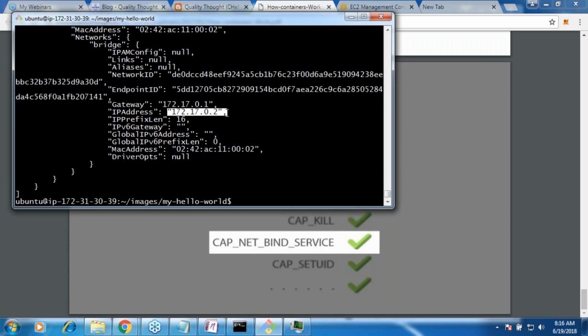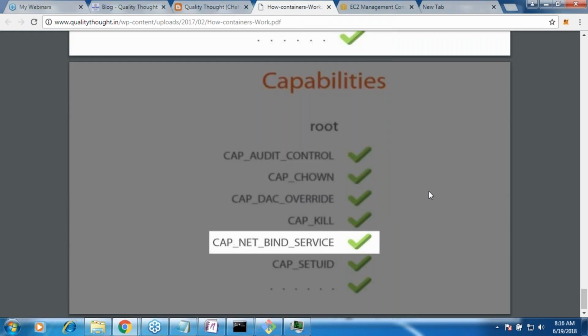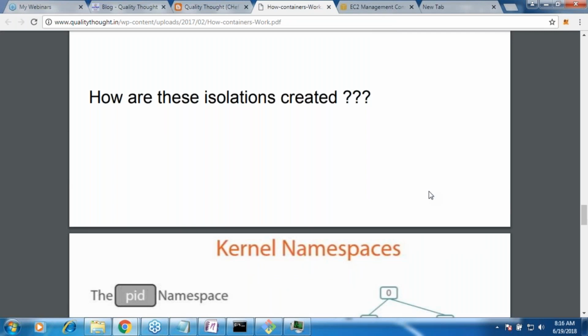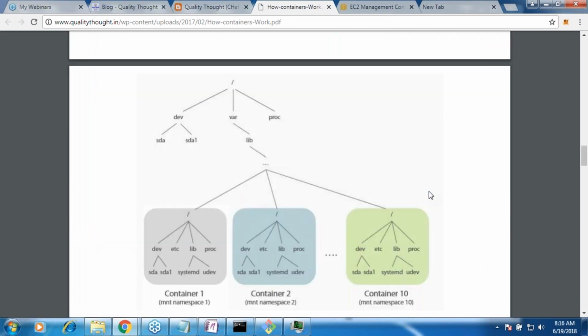Is Ubuntu an application? It's an OS. But what is Docker all about? Okay. Now, what is the difference between Ubuntu and the Linux kernel? What is the difference actually? What will be different?